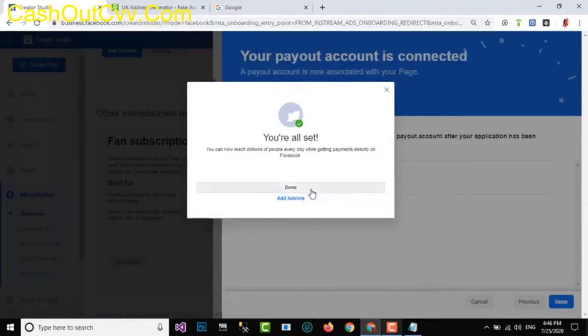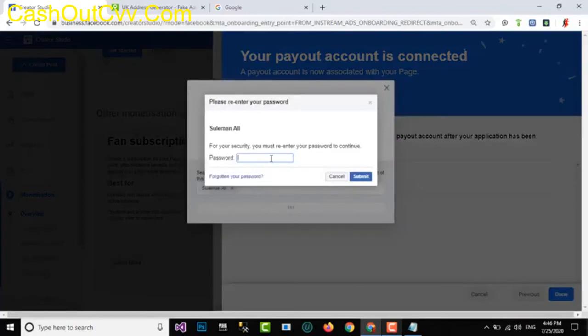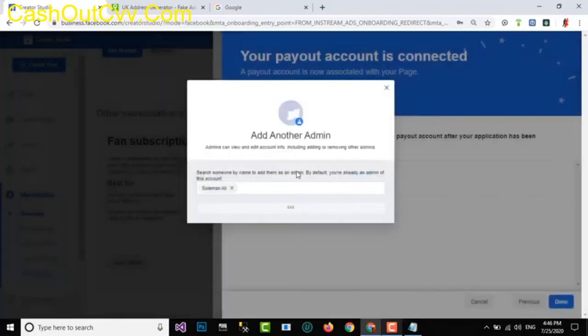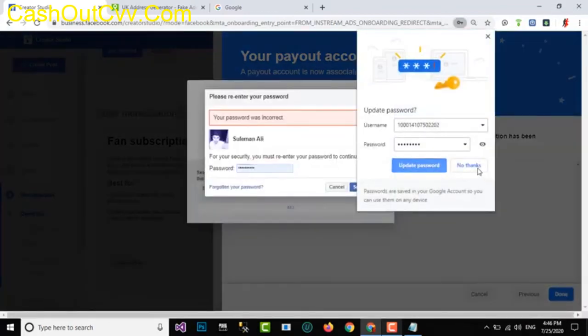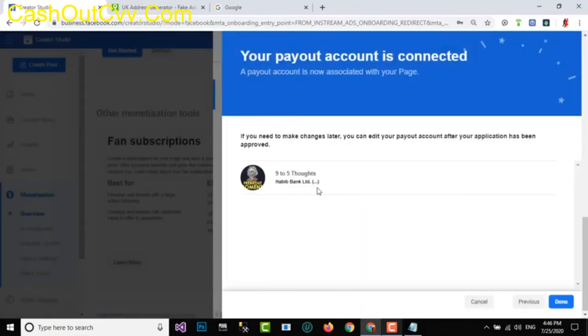It will review the details. I changed my name and date of birth, and if you want to add admins for the payment information, you can add them from this option. Let me show you, but I did not add anyone, so just click Cancel.